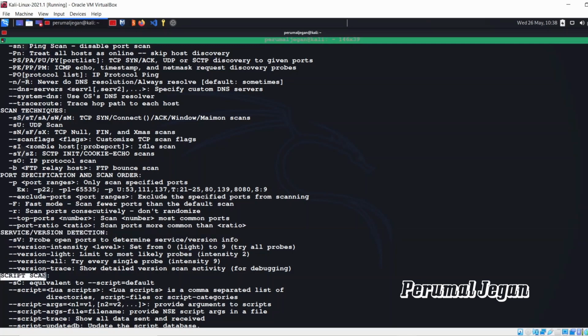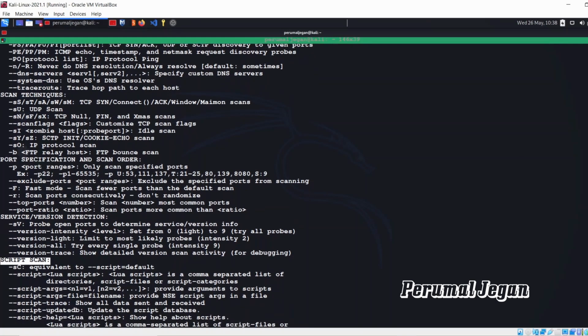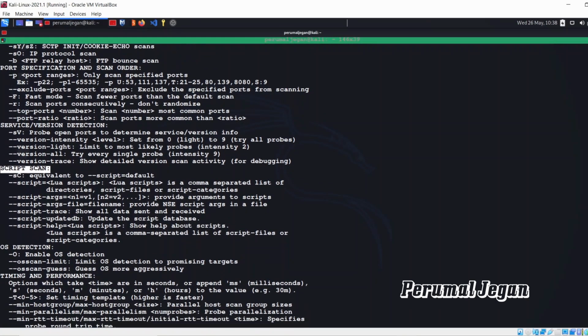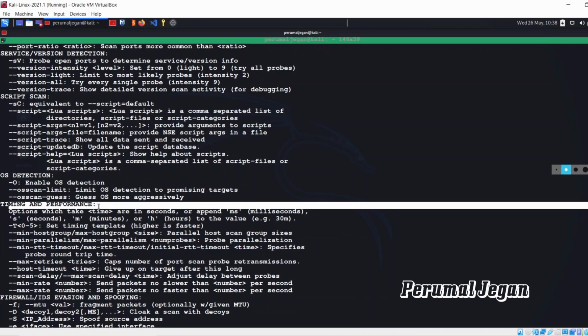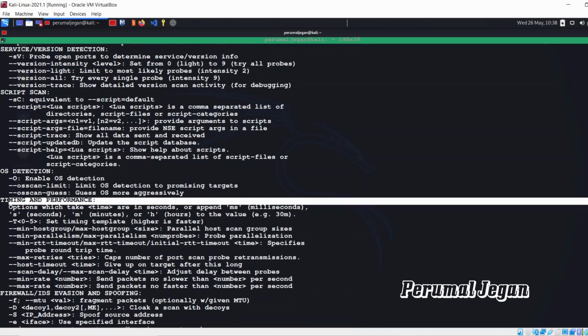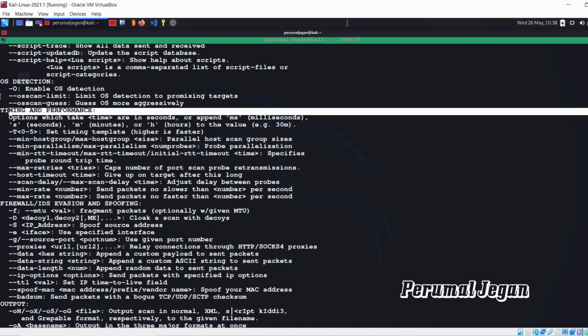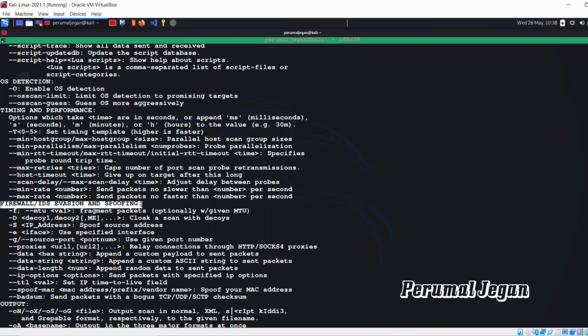And then you can script your scan. This is another brilliant feature that Nmap exposes. And then OS detection, timing and performance. Generally Nmap takes a bit to perform a scan, but you can speed up those scans by using these flags. And you may ask, if my target network has firewalls, how does Nmap behave? In that case, Nmap has an option to detect the firewall in between. Based on some results, it identifies whether a firewall is present or not.